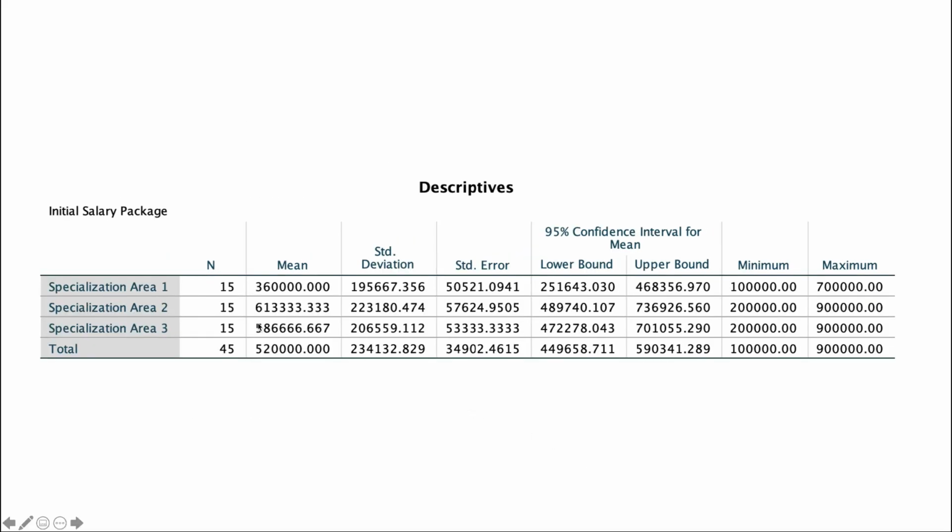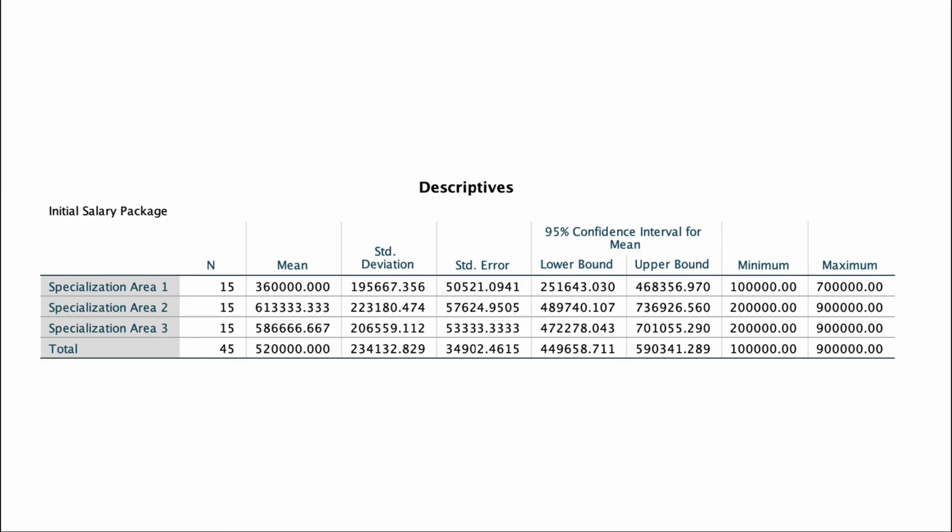In this table, we can see that the mean value and the standard deviations are there for all the different groups. The mean value of specialization 1 is very low as compared to specialization 2 and 3, which simply signifies that the mean salary of the students opting for specialization 1 is lower as compared to what students in specialization area 2 and 3 are getting.